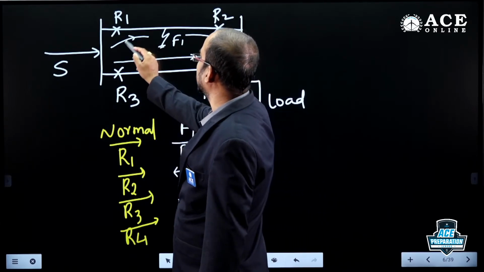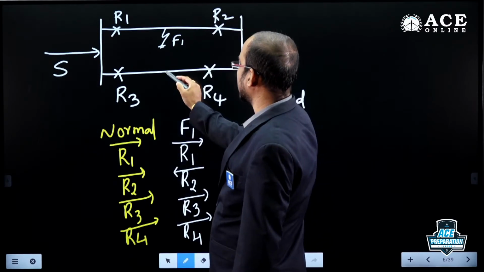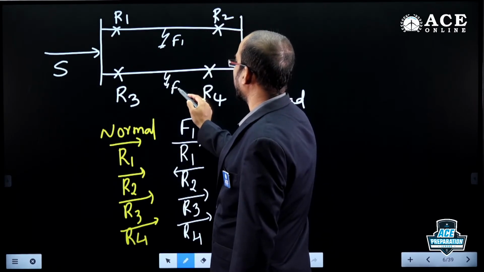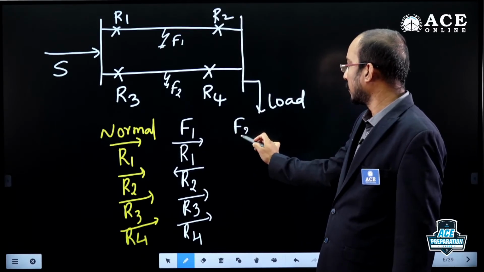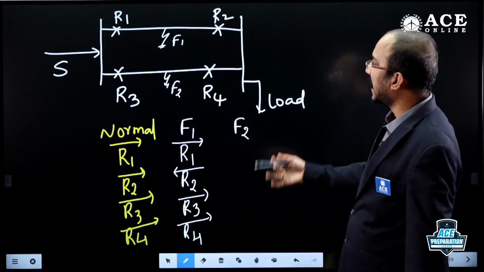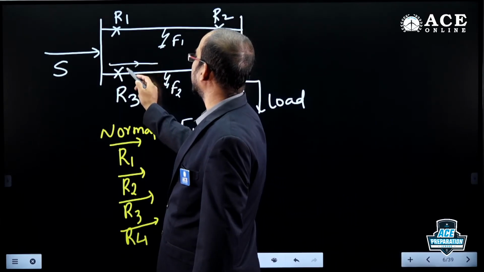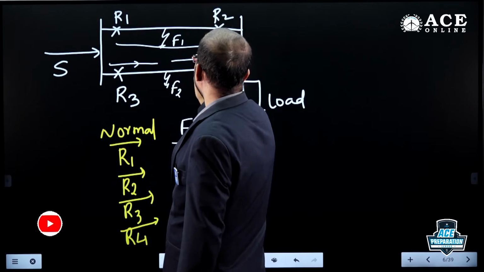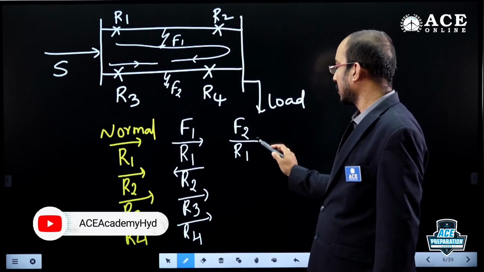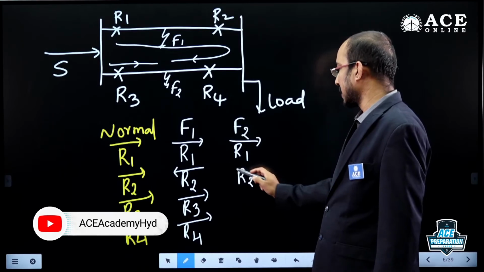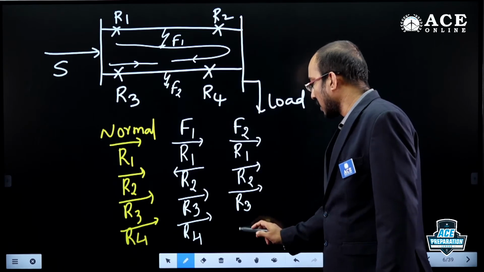Now let us consider the fault in the remaining section. Let us consider the fault F2 in this section. Due to the fault F2, what will be the direction of currents in the relays? R3 will observe in the same direction, but R4 direction gets changed. So R1 will be the same, R2 will be the same as normal current direction, R3 direction will be the same, but R4